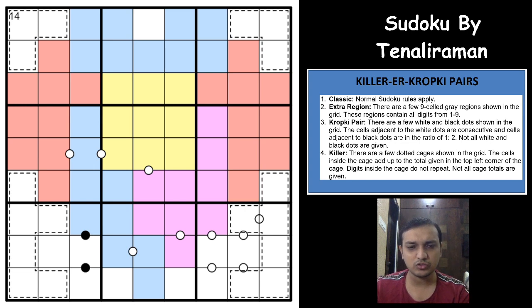And now coming to the Sudoku. As you can see, there are no digits written here, and it will really be a difficult one, because there are no given digits, and we can only get digits with the Kropke pairs or one of the cages here, just one cage that has the number 14. Half of the grid has only a few dots, and the other half has nothing in it. Let's see if we are able to crack this.